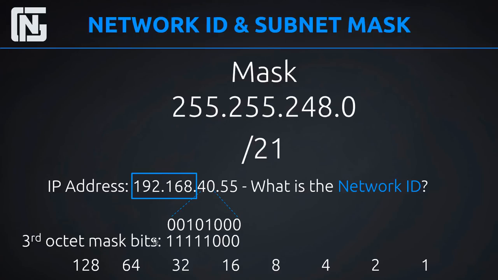All right, so here we are. We're looking at the 3rd octet, and the mask bits for 248 are 11111000. And how did we calculate that? We said 128 plus 64 plus 32 plus 16 plus 8 added up to 248. So that's how we knew it was 11111, and the rest of them were zeros. So when we put the mask up against our IP address here, we can see that everything here where we have our mask, all these bits in the IP address need to be used in the network ID,